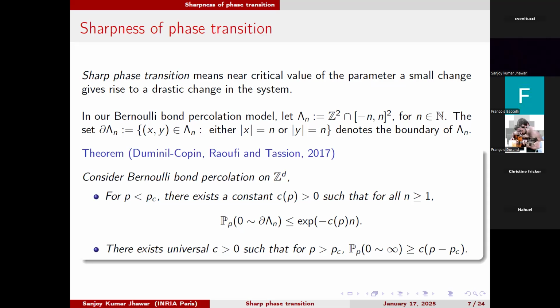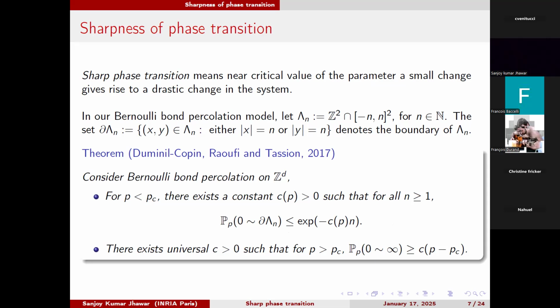That probability decays in n in the subcritical regime, and in the supercritical regime, the probability of having an infinite path from the origin has a uniform lower bound that has a specific form that depends on a constant as well. So if your